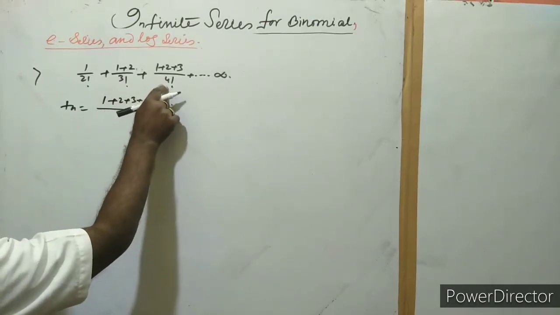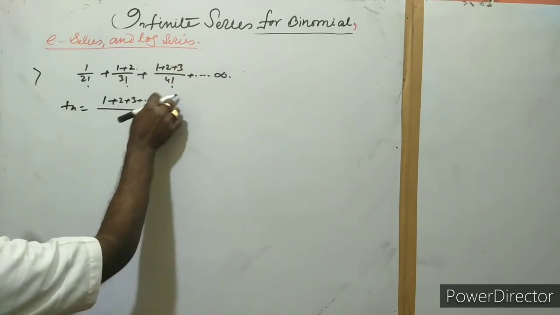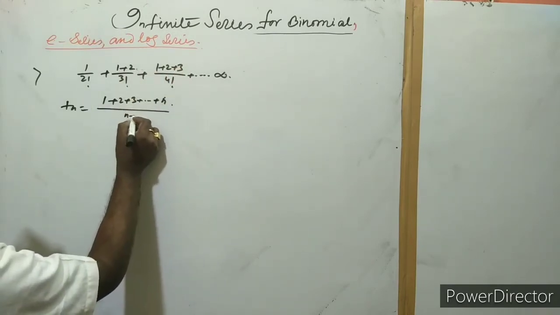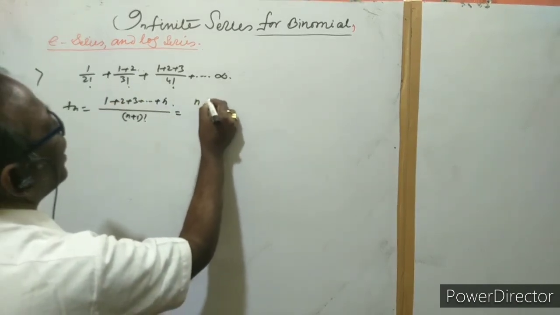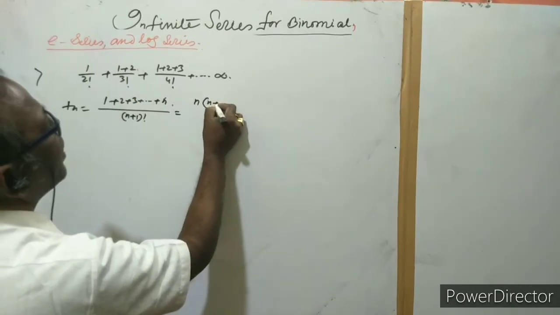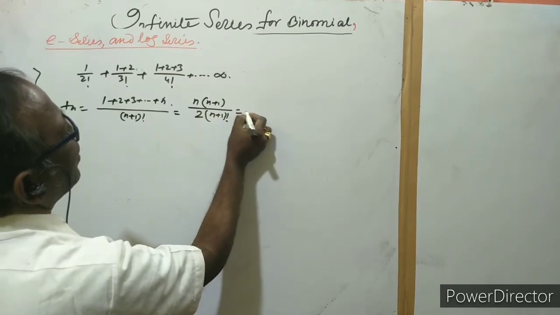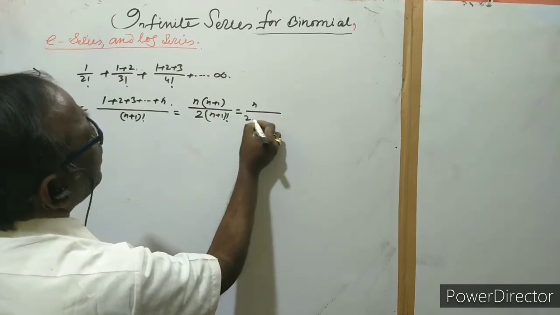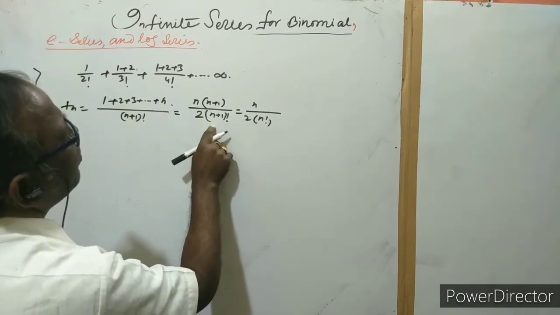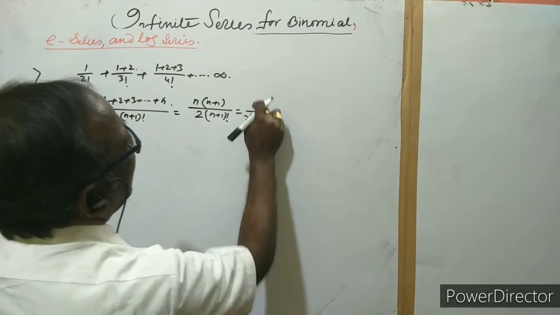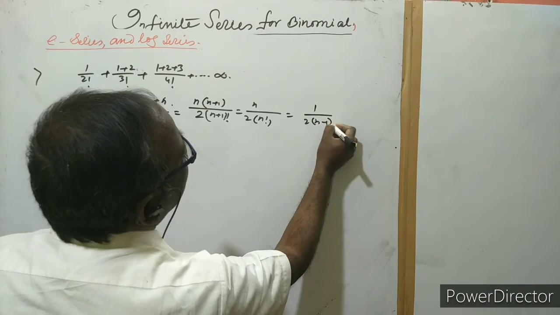See, here we have 3, but the factorial is 1 more. So if the ending term is n, then the factorial will be n plus 1, meaning 1 more here. And this is the sum of an AP. This is n into n plus 1 by 2, over n plus 1 factorial. Now n by 2 into factorial n. So n plus 1 into factorial n, sorry, n plus 1 factorial are cancelled. After that, this n can be cancelled, leaving n minus 1 factorial.